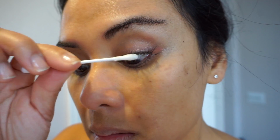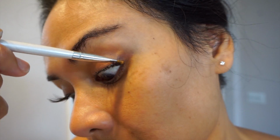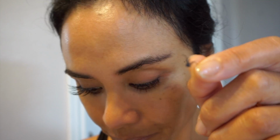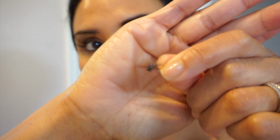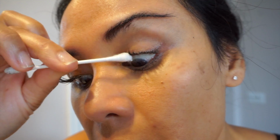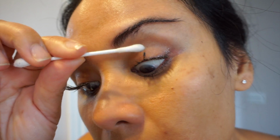And what I like to do is take that wet Q-tip and just wipe the lashes, so I'm taking off any adhesive remover that's left on my lashes so it doesn't get in my eyes. And here again, you want to wait a few minutes and then pull it off. I just cut the camera off and waited about 5 minutes. Here I have all the lashes off on this side, and again taking that wet Q-tip and kind of rolling it along your lashes to make sure that you can take off a majority of that glue